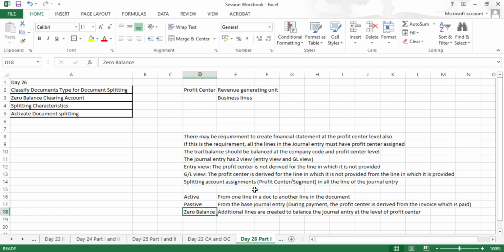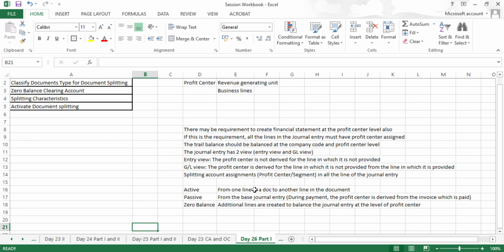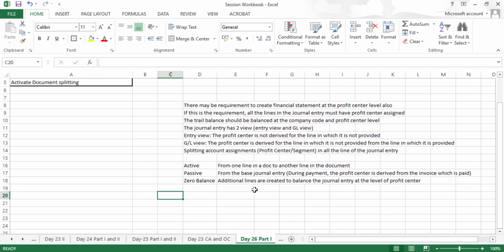Next is the zero balance document splitting. Zero balance document splitting means to balance the journal entry at the profit center level, additional lines are created, and this process is called the zero balance document splitting. Let us take an example of each: active, passive,